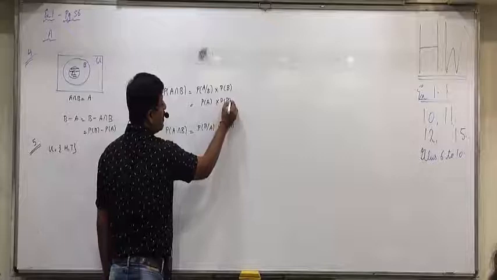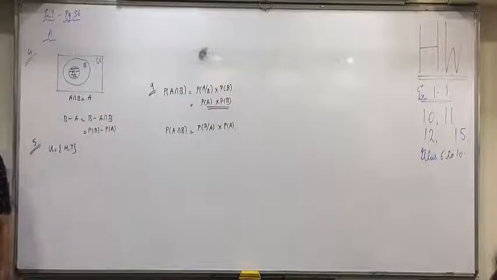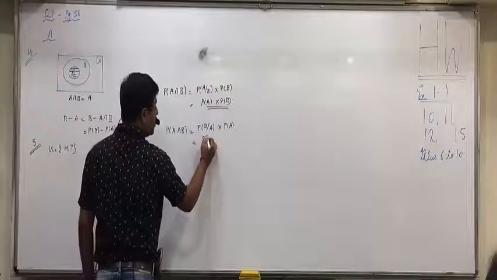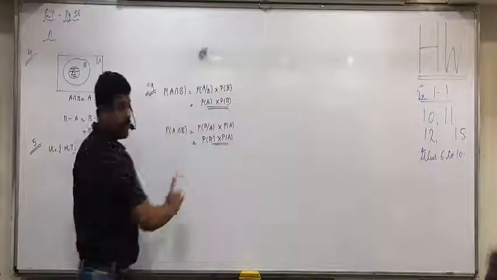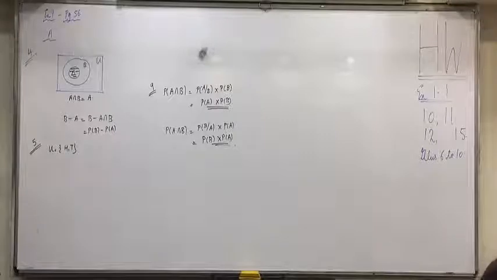Now, when does this happen? For independent events. Same way, what is P of B given A given? PB. So again, when does this happen? For independent events. If you want to, you can show this. So ninth one shows that they are independent events. Did you understand this portion, everyone?